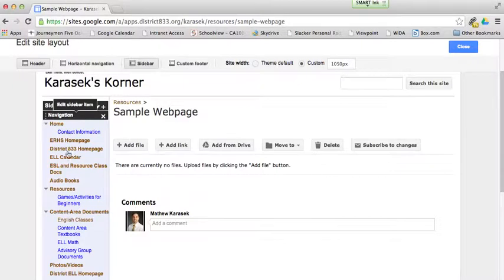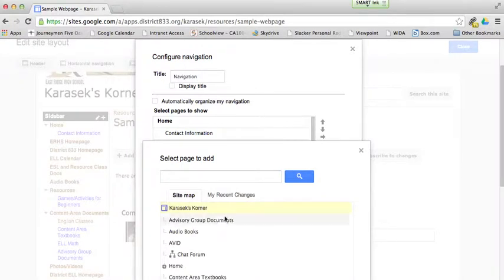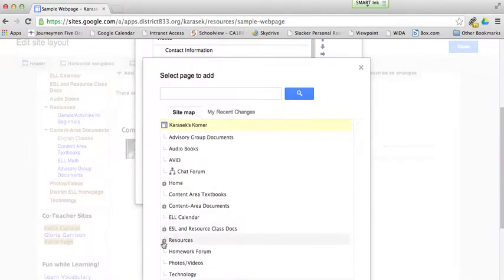What I'm going to do is I'm actually going to click, most of you already have a navigation bar already set up, and so you click on the navigation bar. You'll notice that there are several pages already. What I'll have to do is click Add Page. I look for, under resources, I look for the sample page I created,